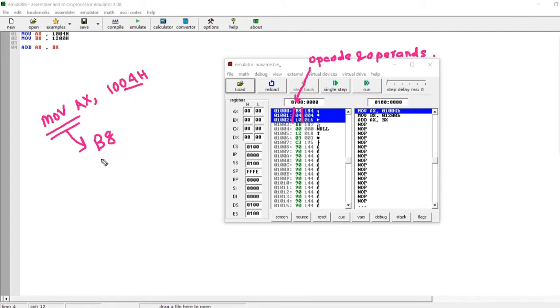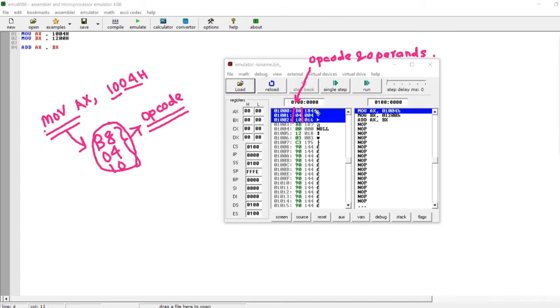This lower 8 bits is stored in the second column, and this upper 8 bits is stored in the third column. So this entire thing we can say is our opcode, which has the operands as well. This opcode is the language that our microprocessor speaks internally. We write the assembly language, and our microprocessor changes that assembly language into this opcode, and all the operations happen on this opcode after they are decoded.